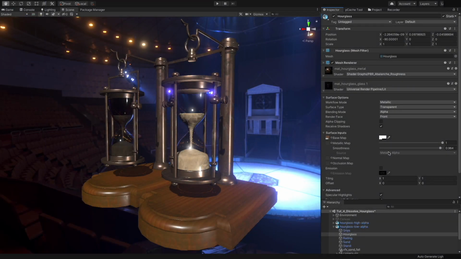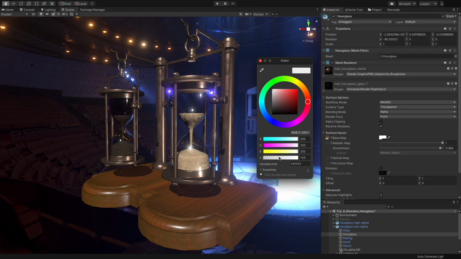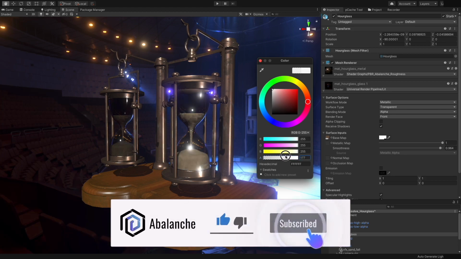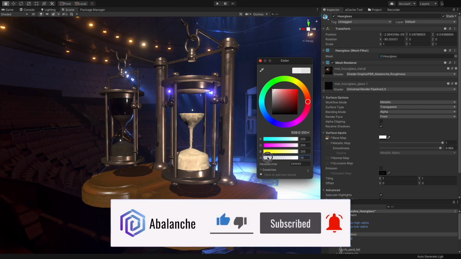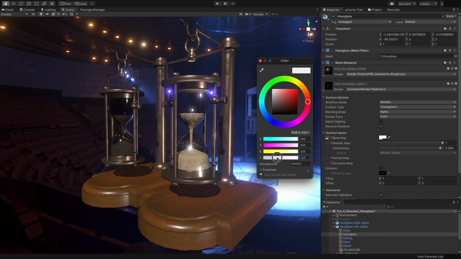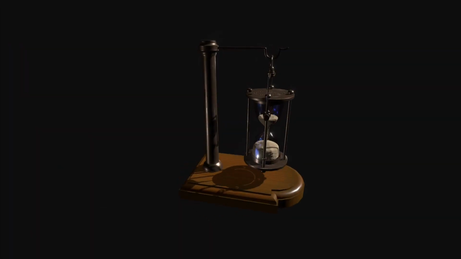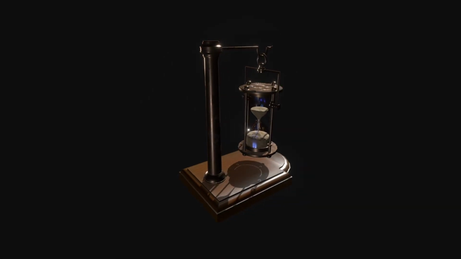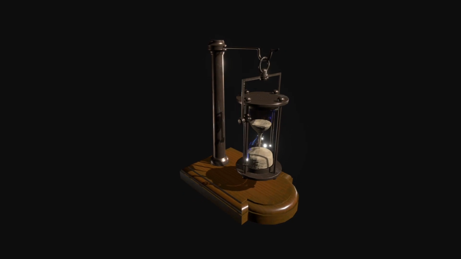On the screen, I put two identical hanging hourglasses side by side. The front one has low alpha values so that you can see the sand inside through the glass layer. On the other hand, the hourglass on the back uses high alpha values and you can hardly see through the glass layer. You may see that this setup is used quite regularly when we want to render the glass, the bubbles, or the window.